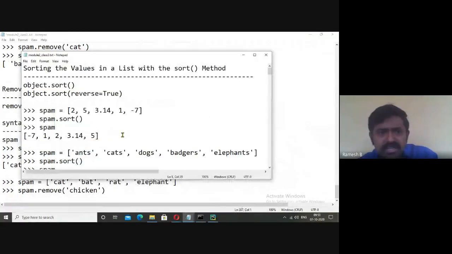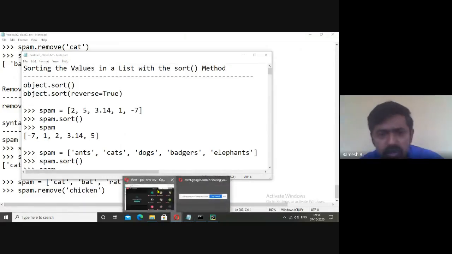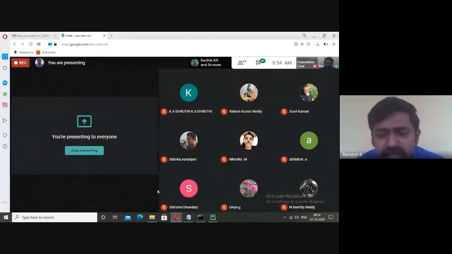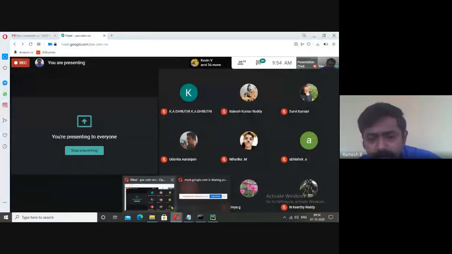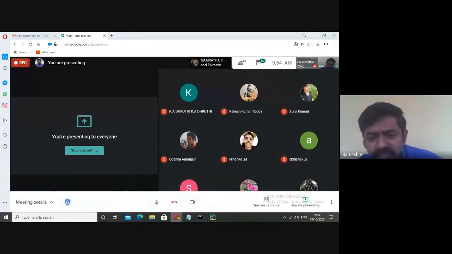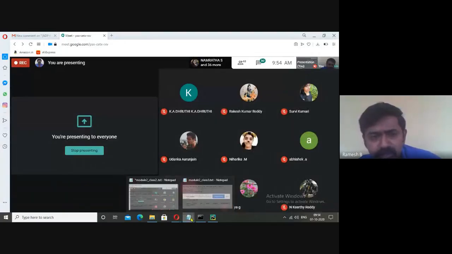Now, the next function is sort. Okay. How many types of sort will be there? What do you mean by sorting? Can anyone define what is sorting? In brief, a brief message. What is sorting? How can you define sorting?